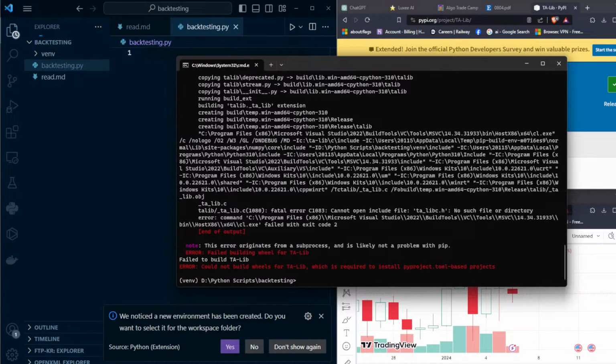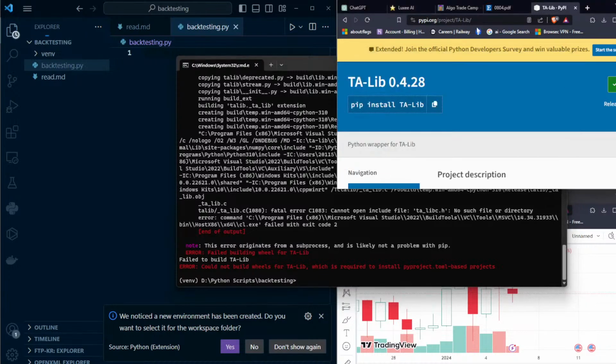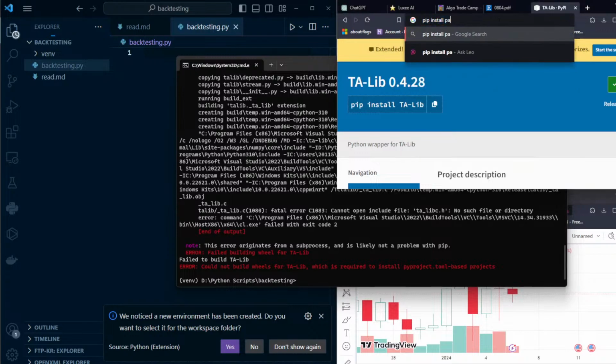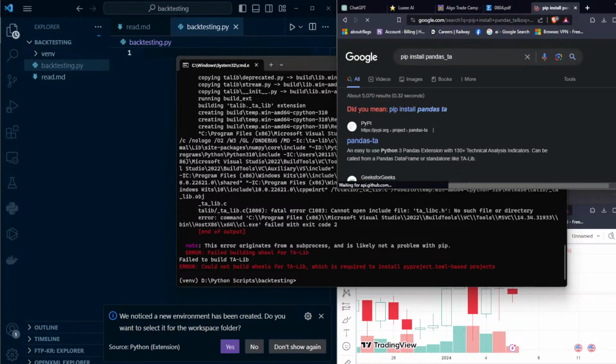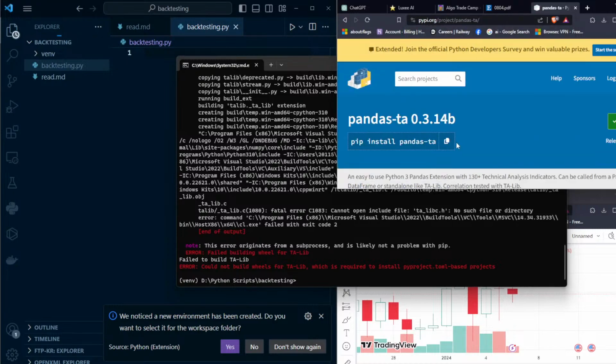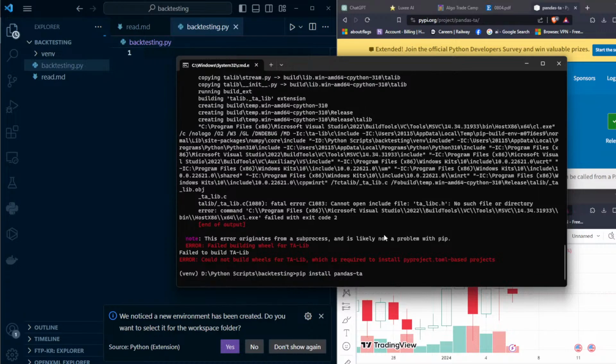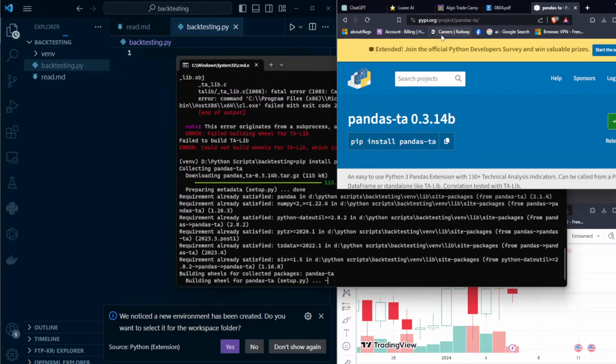We will also need pip install bandas.sta. Copy paste this. I'm just doing this to make sure that